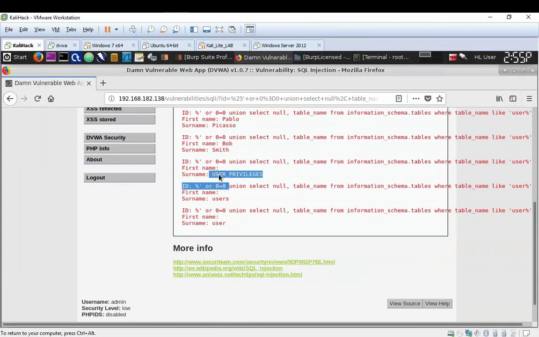These three are the tables which we got at the very last: user privileges, users, and user. Now we are just interested in the users table. Now we want to fetch all the columns present inside the users table. Now to do this